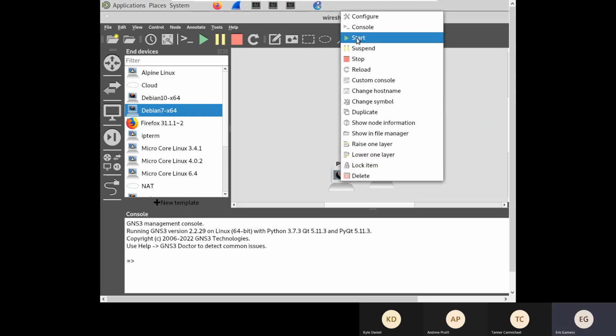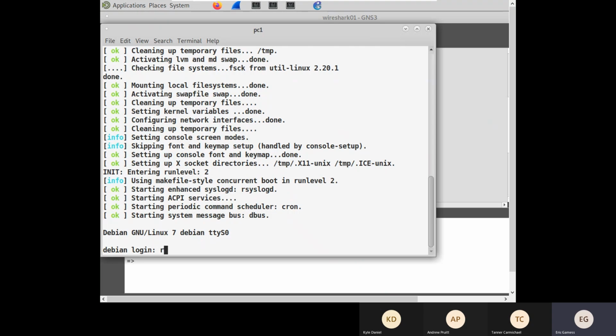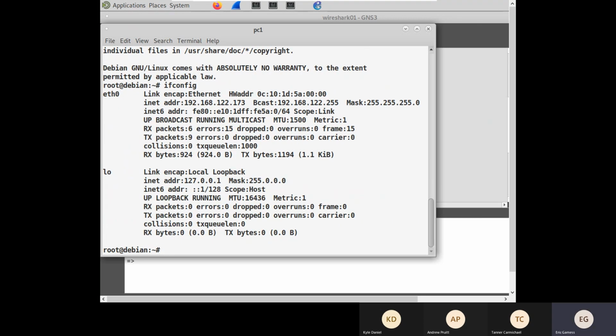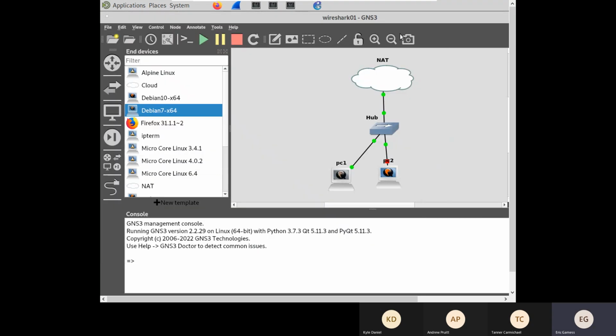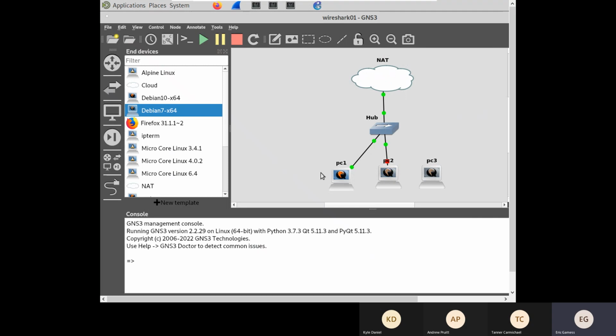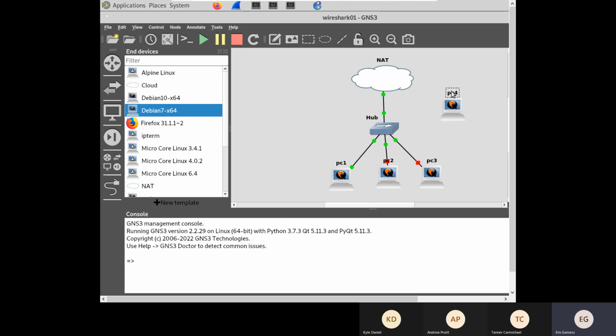So I'm going to start my PC. And connect to my PC to see. Okay, it has an IP address, that was that. My virtual machine did have a problem. So what I can do, I can duplicate this PC to have a third PC and create some server also, as we did previously. So I'm going to duplicate a PC, rename it server1,